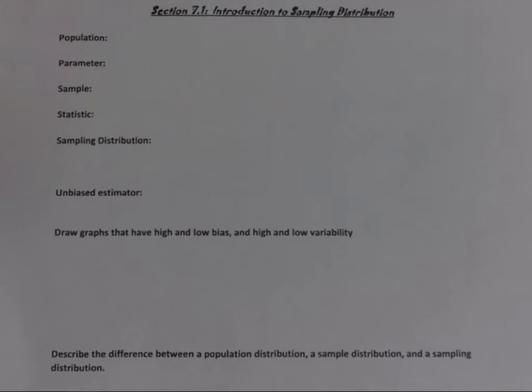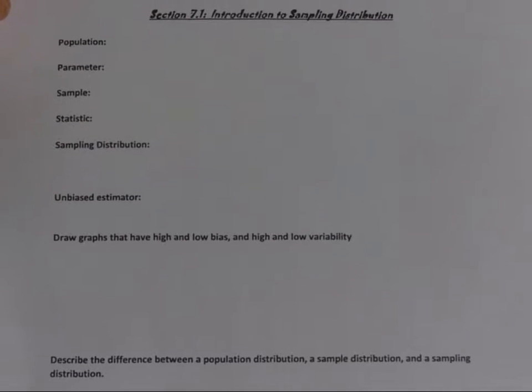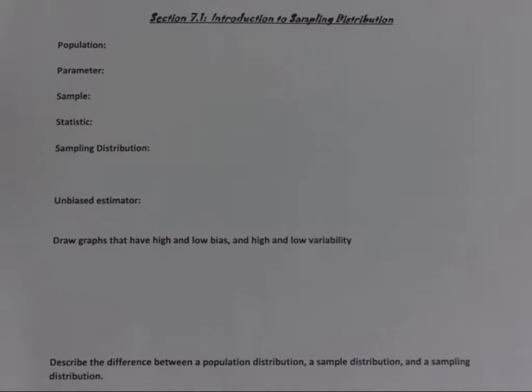Okay, we're now going to talk about section 7.1, which is the introduction to sampling distributions. Sampling distributions is the theory that statistical inference is based on, and statistical inference is what we're going to be doing the rest of the year, chapters 8 through 12. So it is sort of a theoretical thing, but it is one of the most misunderstood concepts in AP Stats as far as how it applies later on. I think during the chapter, most people tend to do pretty well on it, but really understanding it deeply is